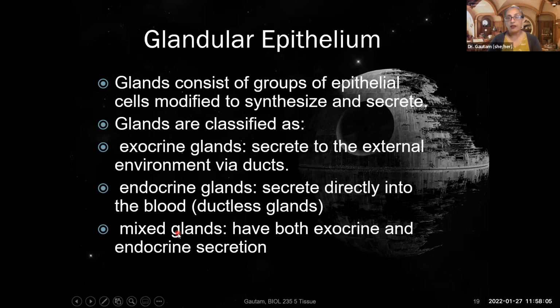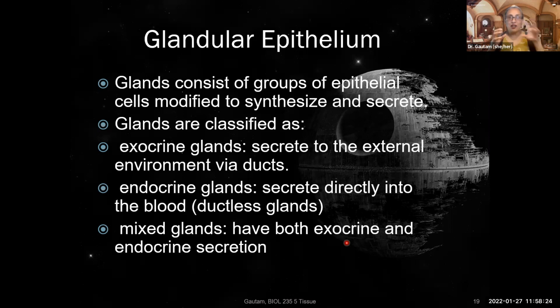Okay, and then you have mixed glands, and these are glands that have both an exocrine and an endocrine. Not that the same gland does both, it's just that this organ will have both exocrine and endocrine glands. And a great example is a pancreas. So the pancreas has exocrine,